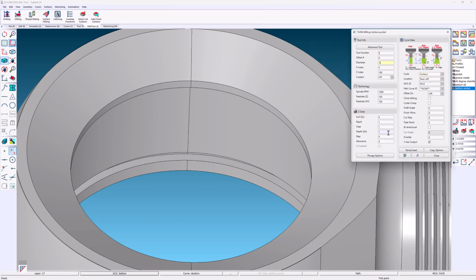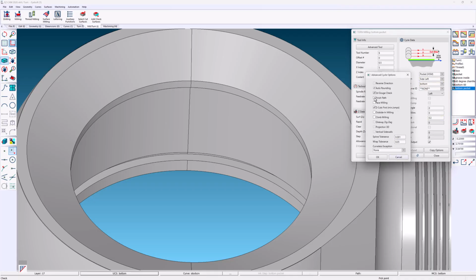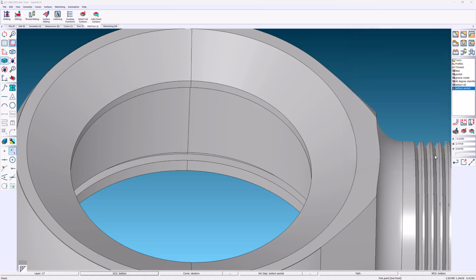For the last milling operation, we will choose high-speed machining. This pocket does not have a bottom surface, so select the vertical wall. The tool will go beyond the bottom boundary to make sure all the material is removed. The chamfer was produced before our pocket, so select that operation and use the left key on your keyboard to move it up one.